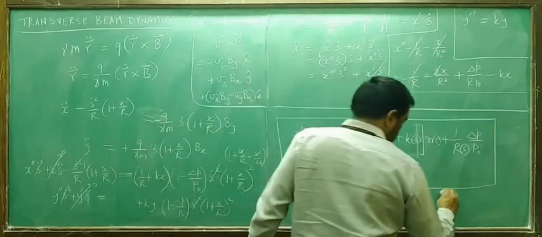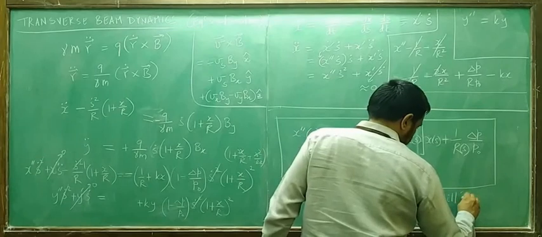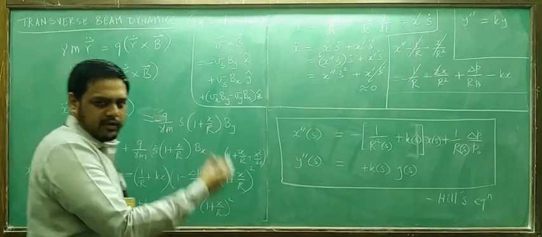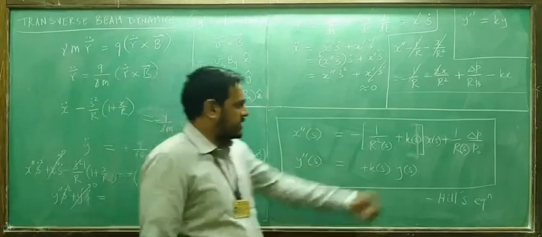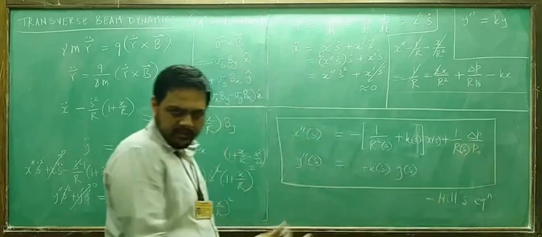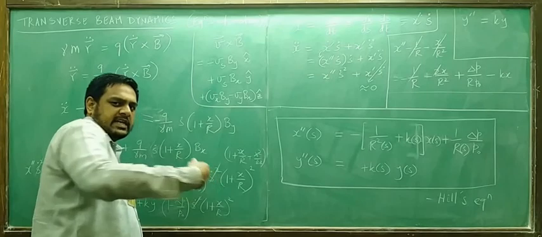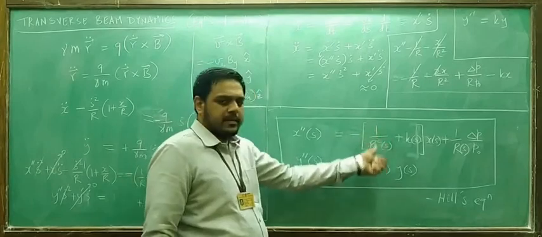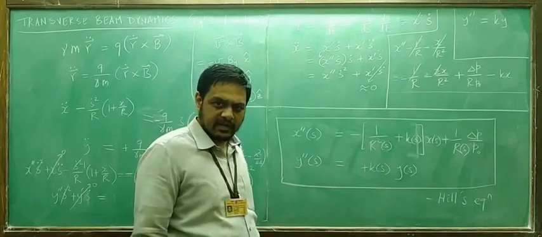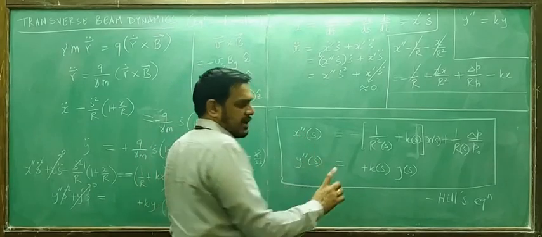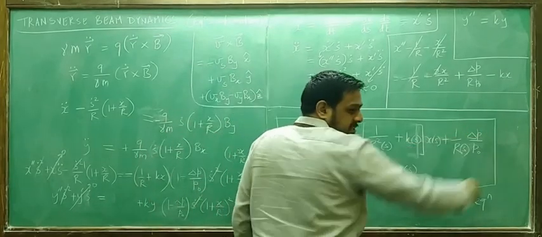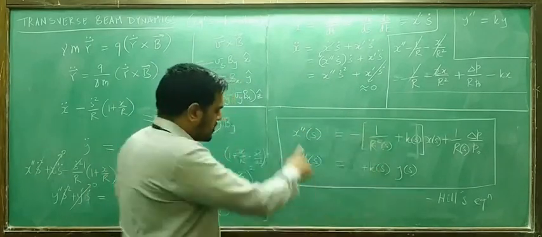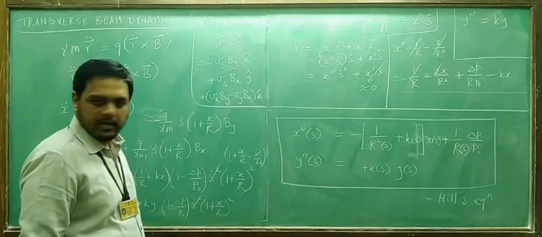So these equations of motion are called Hill's equations, or I am just going to call it Hill's equation because it's the same equation in both directions. The x direction is special because there will be an extra delta p by p contribution, change in momentum over the ideal momentum of the particle, and the bending magnets are bending in the x direction. Therefore, this extra term is there. Otherwise, if you have only quadrupoles and there is no dispersion term, the momentum dispersion term, then both the equations are identical.